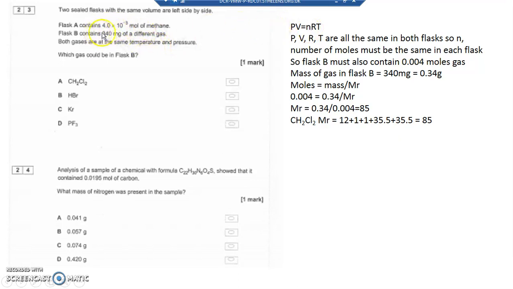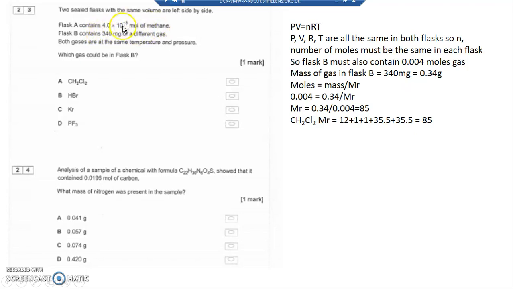When I work out this, n number of moles with the same pressure, the same volume, the same R and the same T, n must be the same for this as well. So if PV and R and T are the same in this one and the same in this one, then this other number, n, must be the same in both of them. In other words, all this information is saying that flask A and flask B have got the same number of moles of gas. So 4.0 times 10 to the minus 3 moles of methane,